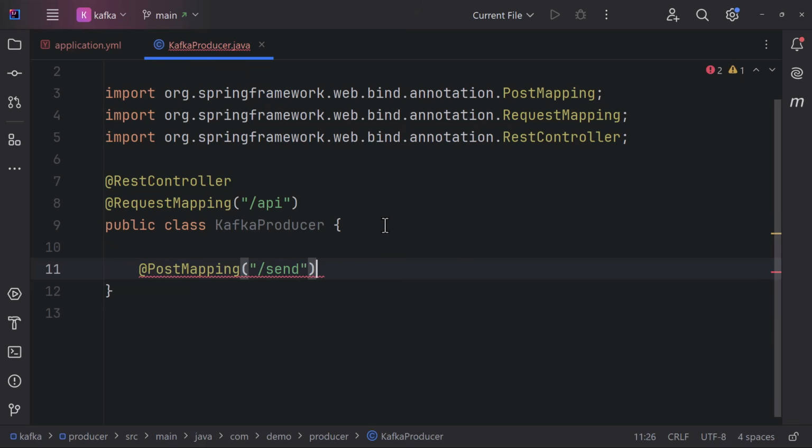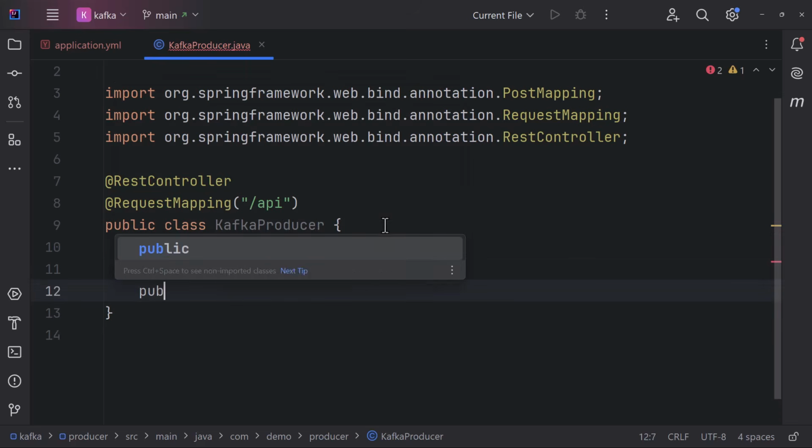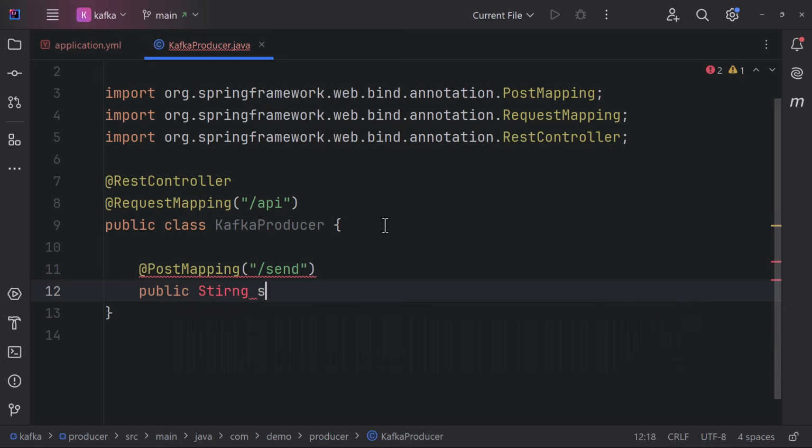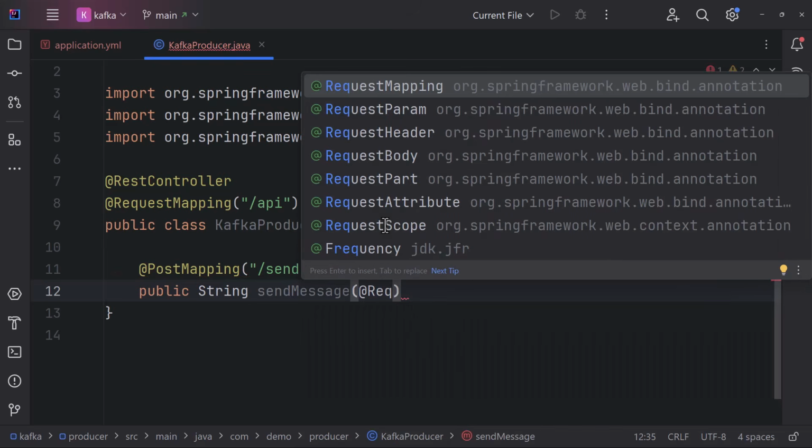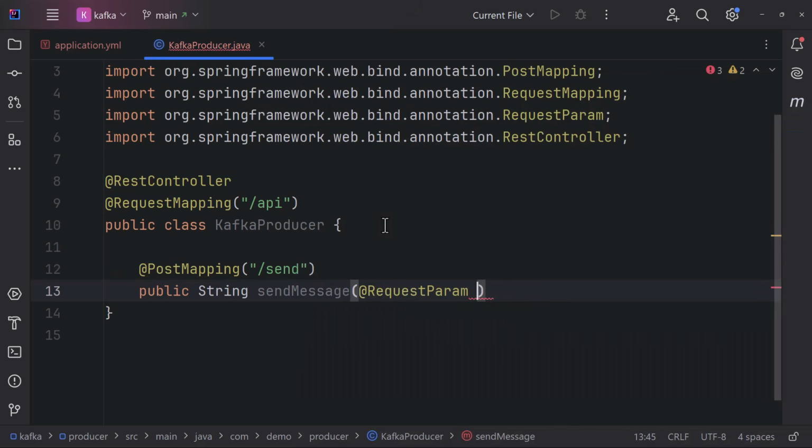Okay, so this is the endpoint that is going to simulate things for us. And I'm going to say public string send message over here. And I'm going to say request param. And here I'm going to say string message, like so. Okay, and this is what the method will look like. Okay, there is some code still pending, so we need to send this message to Kafka and to a Kafka